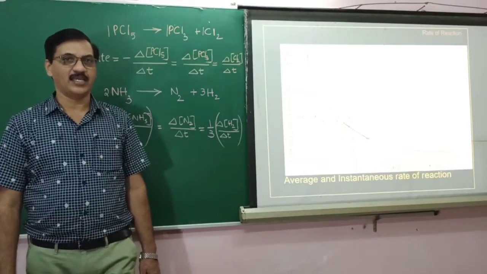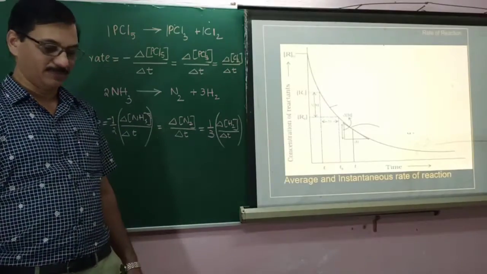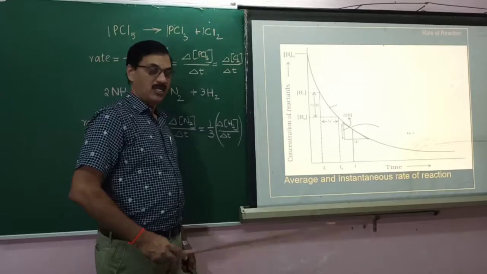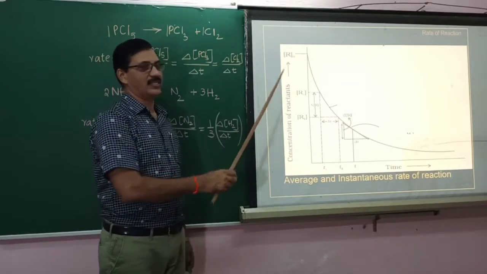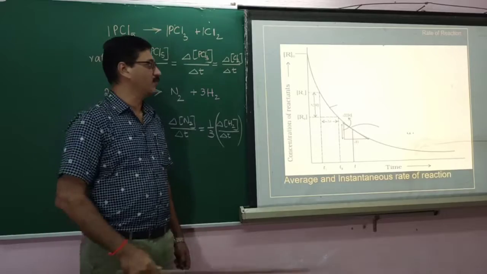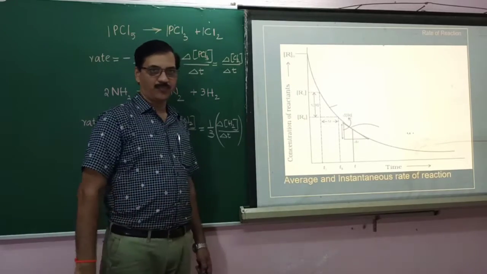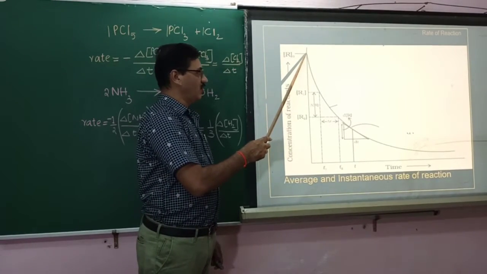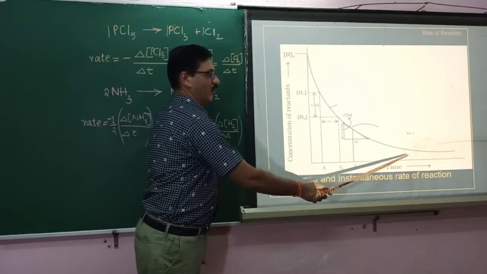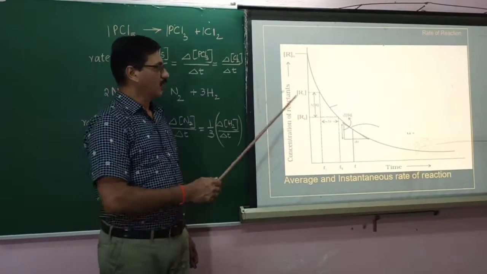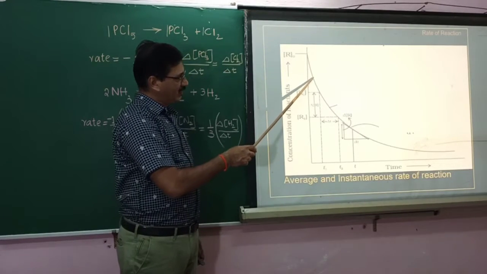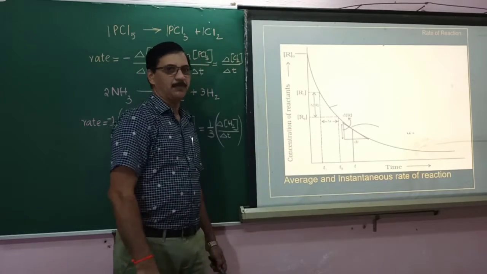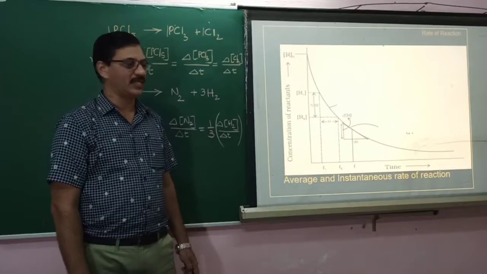Let us try to see graphically how you can indicate this. See, this is the graph of concentration of a reactant versus time. This is the initial concentration, that is the concentration at which you have started. This is denoted as R0, the concentration of R at time 0. The concentration of R is R0 and it decreases as the time goes with the reaction. It decreases rapidly with a larger slope, and the slope decreases as time passes. This is also one of the observations that you see.